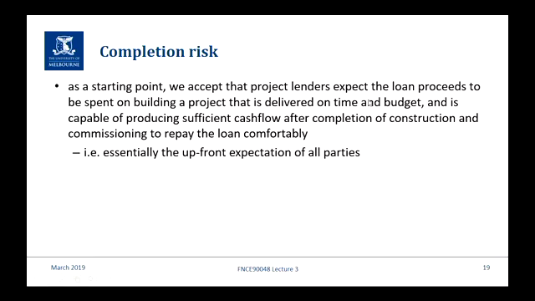Project lenders, and indeed all parties, if they decide to proceed with financing a project, their expectation is that the loan proceeds are spent on building the project. As we said before, they contribute 800, we contribute 200. That $1 billion is spent on building the project as we've said in the plan. And it's going to be delivered on time and on budget, because there's been a lot of thinking done, and if they don't think it can be delivered on time or on budget, they will push you to change your budget. So we've got to the point where everyone agrees with the timeline and the cash budget,